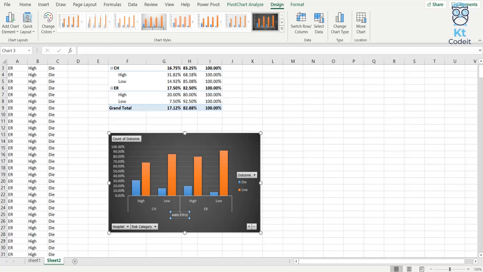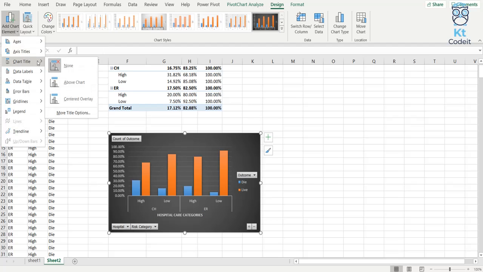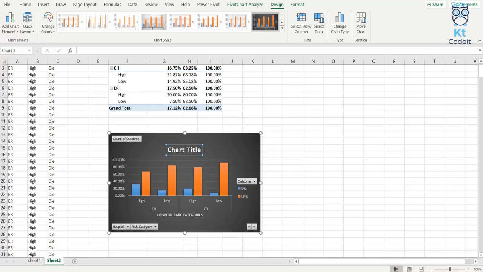While I'm adding them, as you can see, the trends in the data: in Chicago Hope Hospital, more people in the high risk category died, while as compared to in ER, there were fewer people who died who were in the high risk category. And likewise, you can see more people lived in ER as compared to Chicago Hope Hospital. But we can't make any conclusion just based on these two variables, because there might be some other variables which might be affecting it.